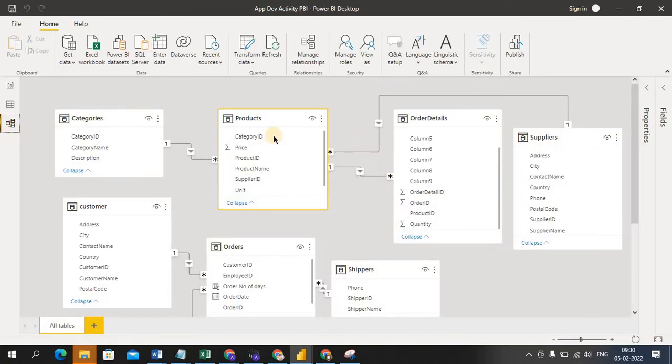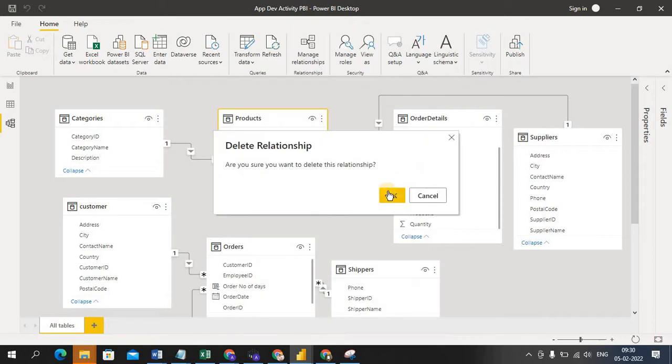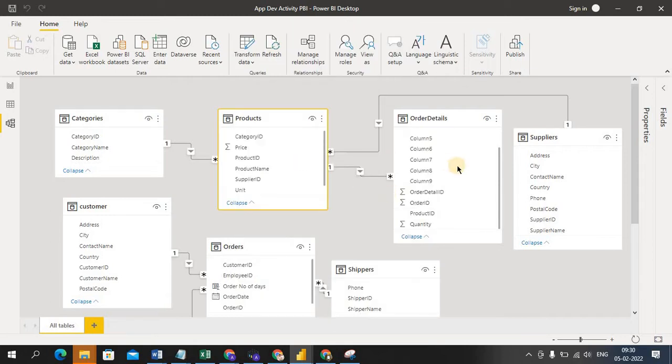This quantity is joined with this product. So if I remove this relationship, just right click, delete, I'm just deleting this relationship between these two tables.